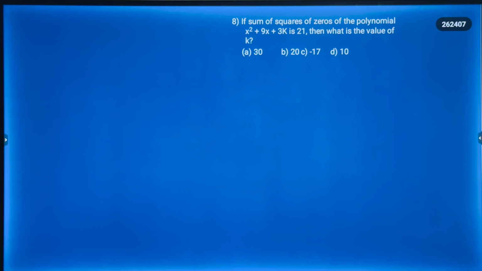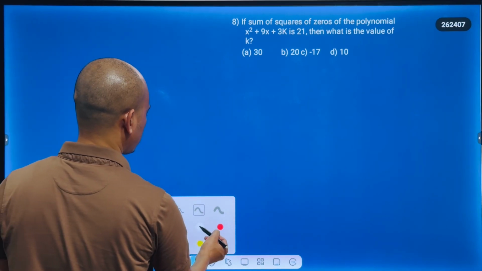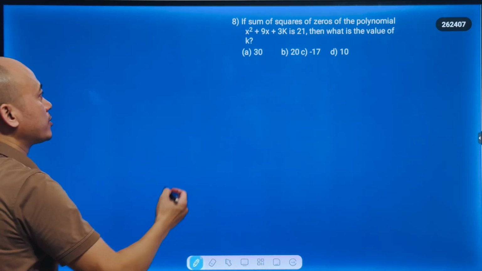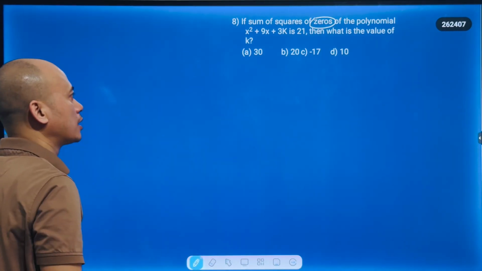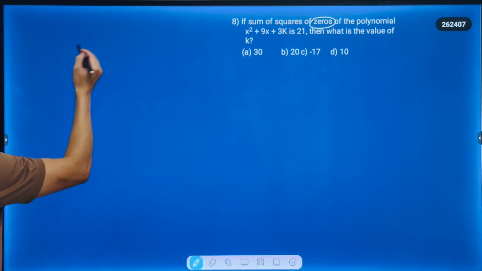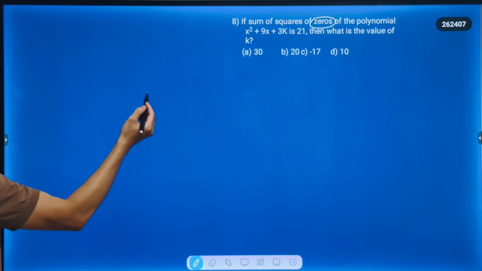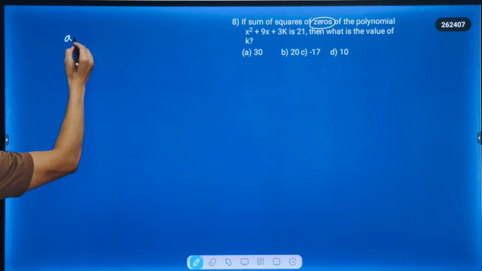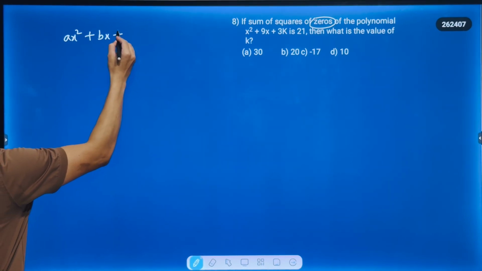Question number 8. If sum of squares of zeros of the polynomial x square plus 9x plus 3k is 21, then what is the value of k? So here, sum of squares of zeros. Zero is nothing but roots. So there is a formula, I will explain. If there is any equation in the form ax square plus bx plus c,